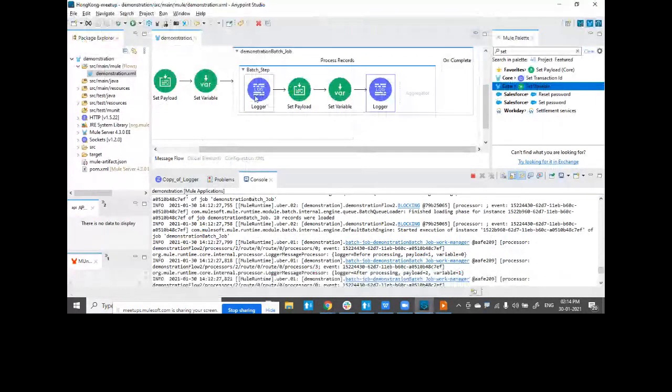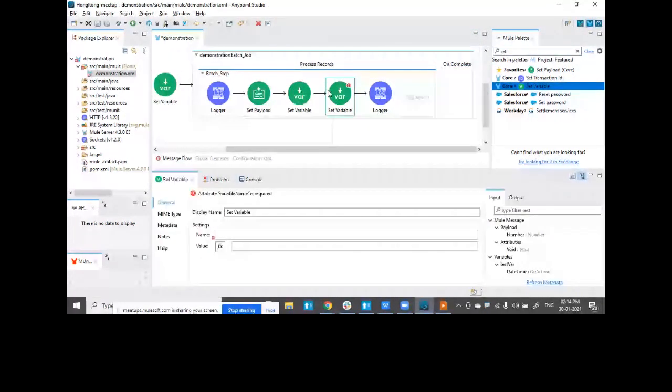What I'm planning to do is, in this batch processing, create another variable which will help me evaluate whether the payload I am getting as input is an even record or not. I will name the variable isEven, and write a simple logic: whether the modulus of payload divided by 2 is equal to 0.